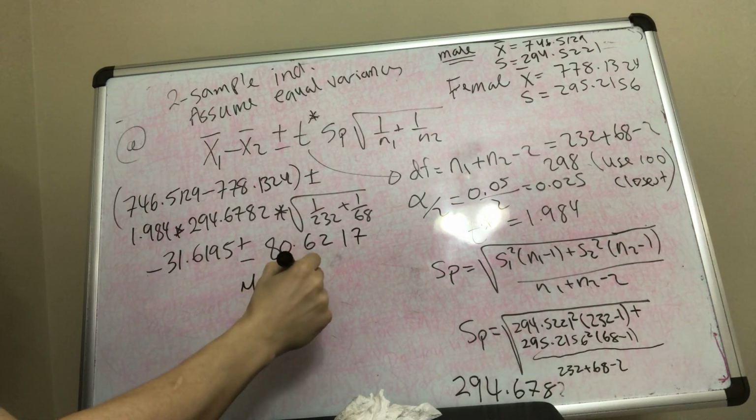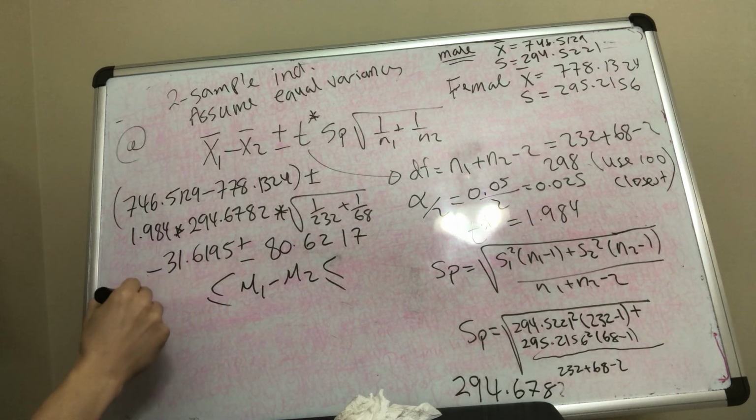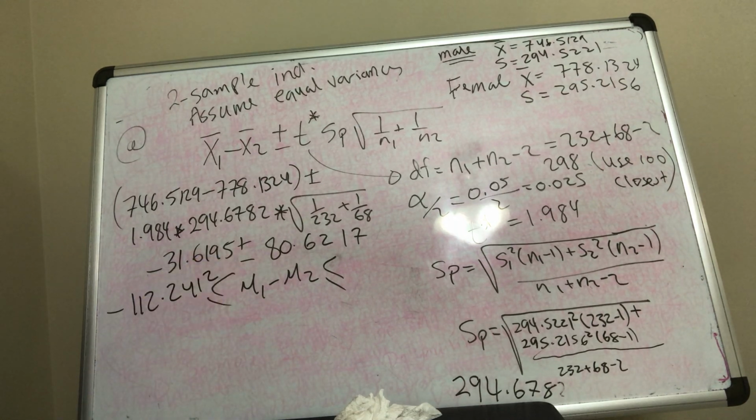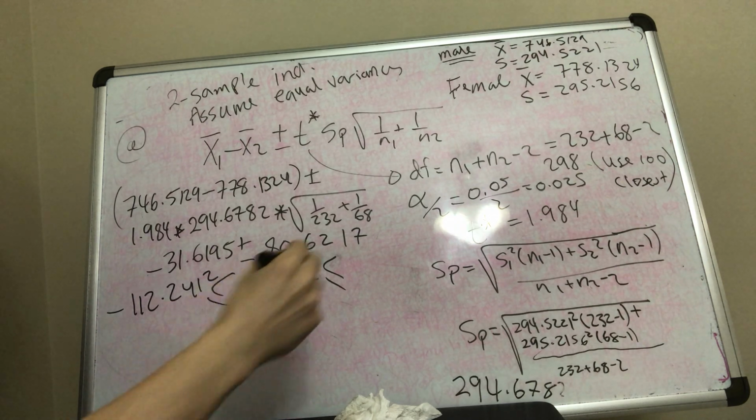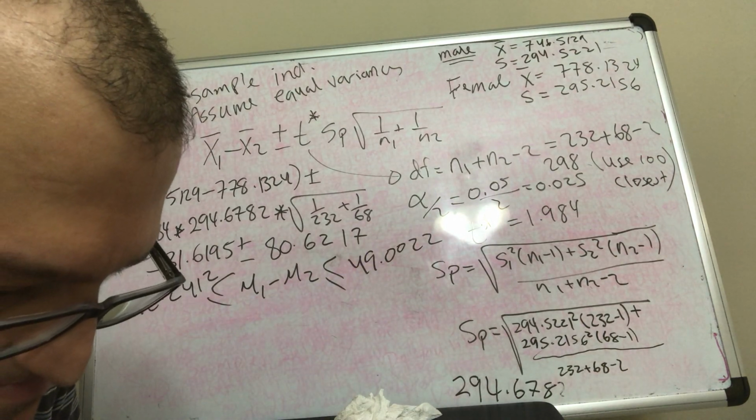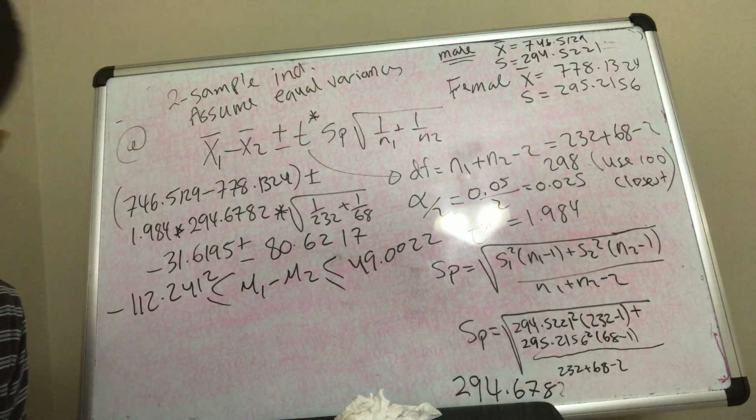So the difference between mu1 and mu2 is between the two numbers. You minus them, you add them. The minus takes you down to negative 112,2412, and when you add them, it takes you up to 49,0022. Good? Now, they want you in B to